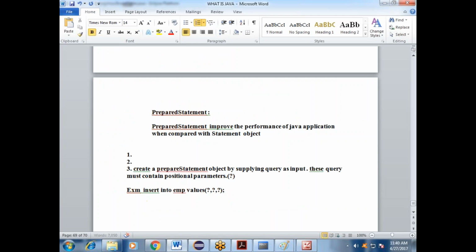Then next we will go, no worry. We'll supply the values to the positional parameter by using the set method. You can write a set method or a get method.